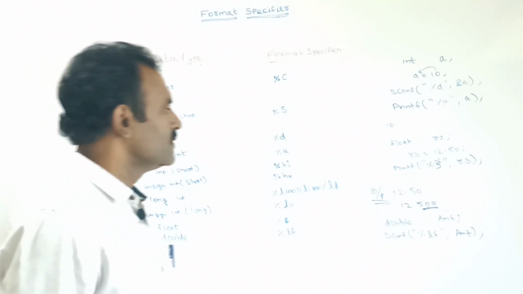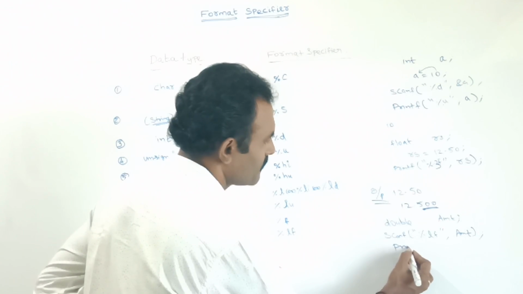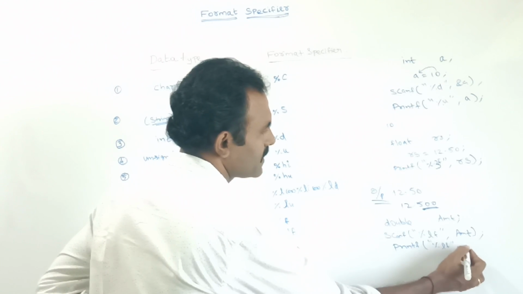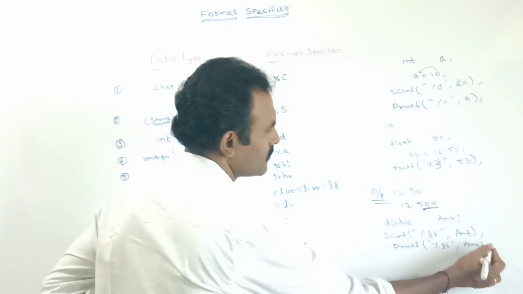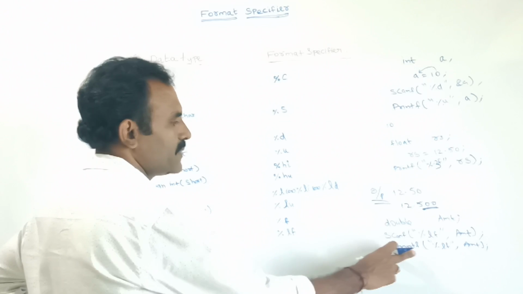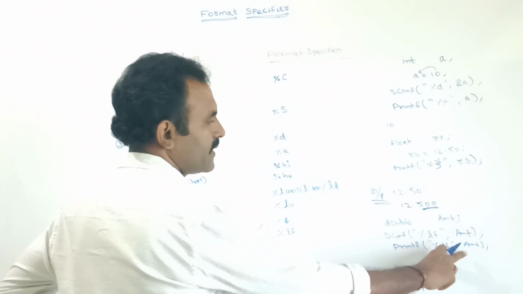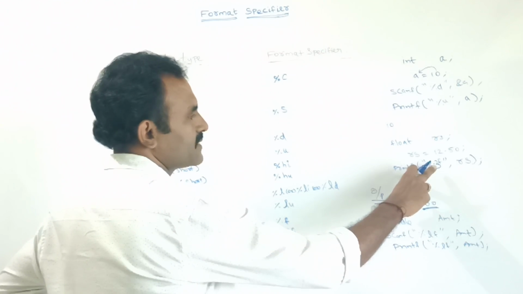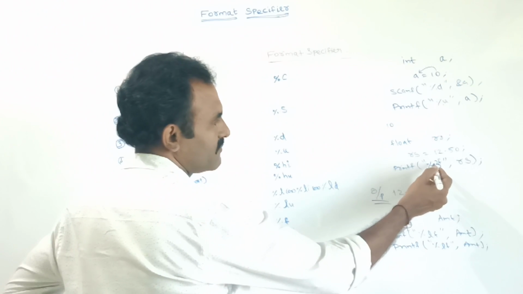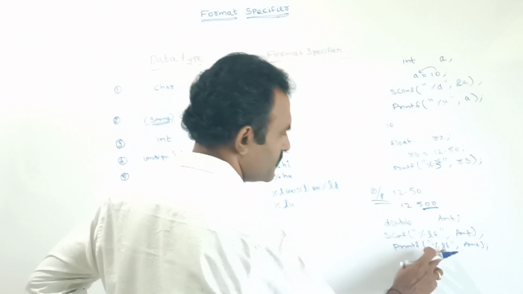Here also, if we need to set a precision, in printf we use %lf, next comma amt. If we give some value, it will be stored in amt. When the printf function runs, it will display the value stored in amt. If we need fractional digits, we can set the precision value by using the point symbol after the percentage.